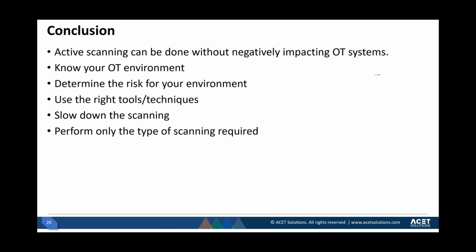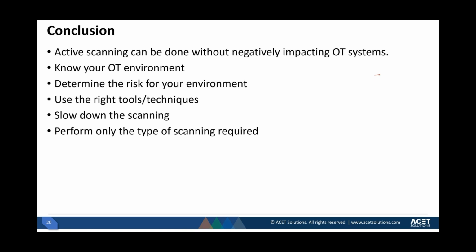If pen testing is okay, why are people scared of it? Well, because of the perceived risk. What you see on my slide, that itself is the challenge. If you don't know your environment, if you don't understand why active scanning is hazardous for an OT environment, then of course, if you don't know something, you're going to be scared of it.